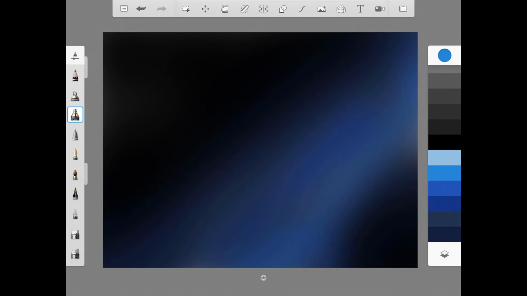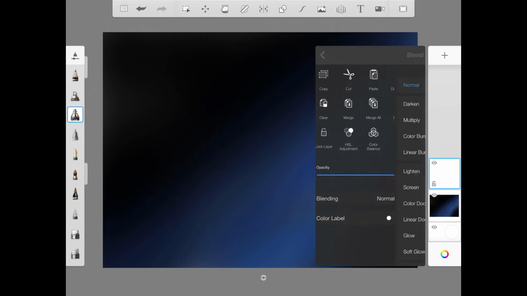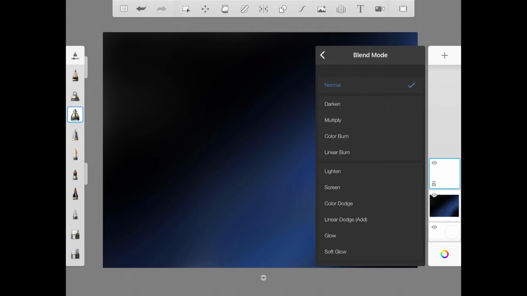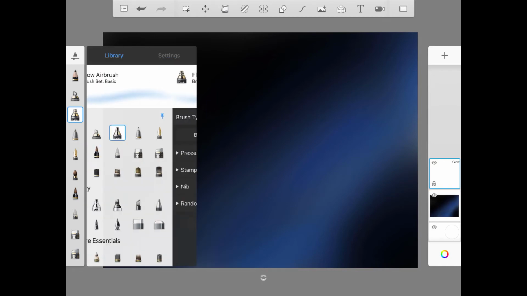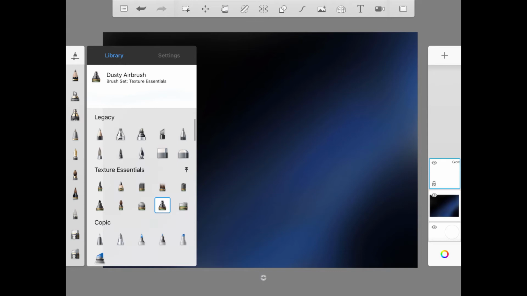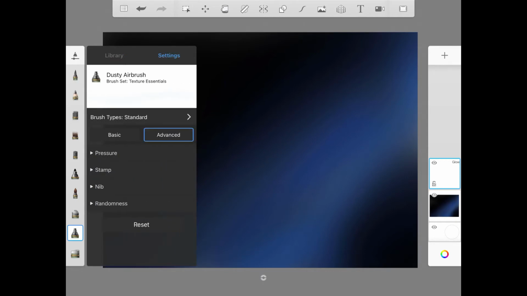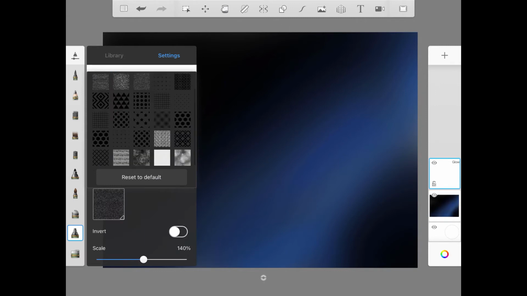for this layer. And then I'm going to create a new layer and make it a glow for the blend mode. For this layer, I'm going to choose under the texture essentials, dusty airbrush. I'm going to pick a different texture.